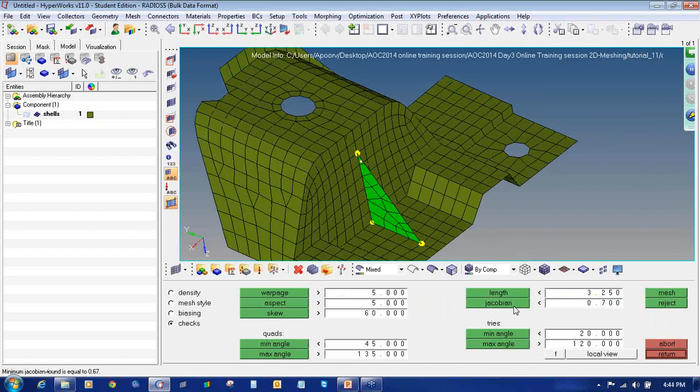Again click on check. So now in this way you can see my element quality is improving and the minimum Jacobian found is 0.6. Earlier it was 0.4, so I've improved it from 0.4 to 0.6. So in this way, by remeshing the elements, you can improve their quality.